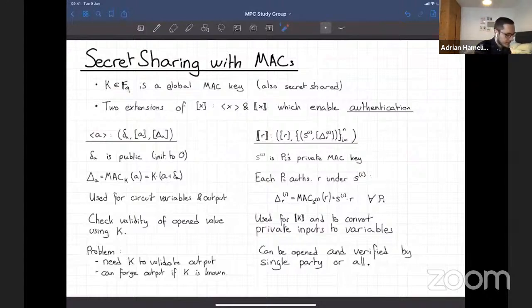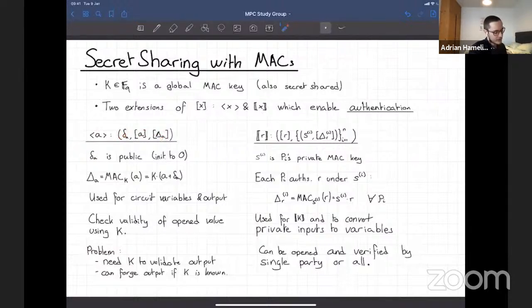We'll start with these angle sharings. It's composed of three parts: a little delta, which is simply a public value which accompanies the tag, as well as a classic sharing of A, and the actual tag, big delta of A. I realize I've used little delta and big delta, so orally it's going to be difficult to understand, but we won't be using this much.